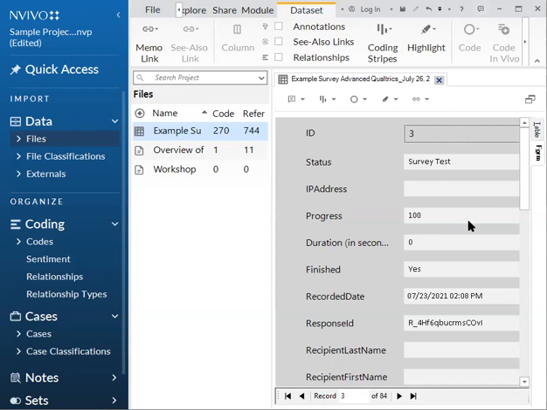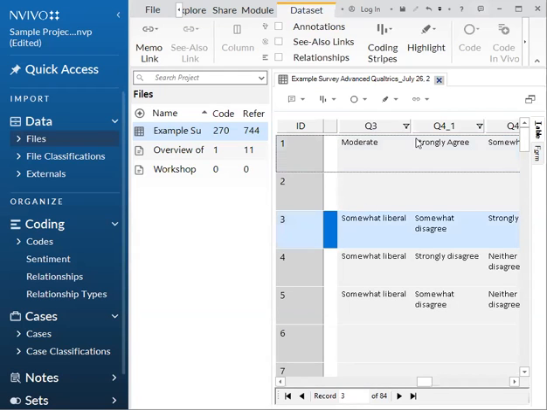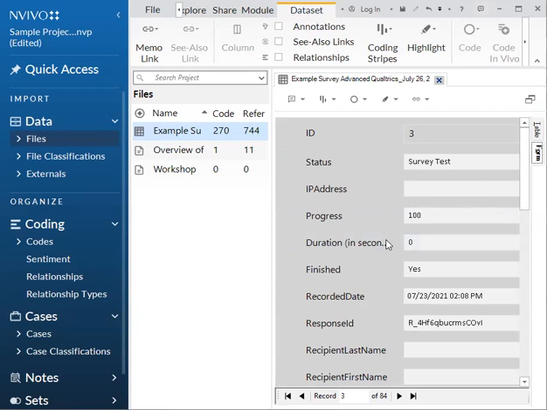But also note filtering the table will also filter the individual forms as well. So if you've filtered to only have people that strongly agreed with question 4, when you go to the forms, you will also only get the views of the people that strongly agreed to that question. So keep that in mind that filtering works on both of these viewing options, and make sure you clear your filters once you are done using them, or they will affect the rest of the functions in NVivo.